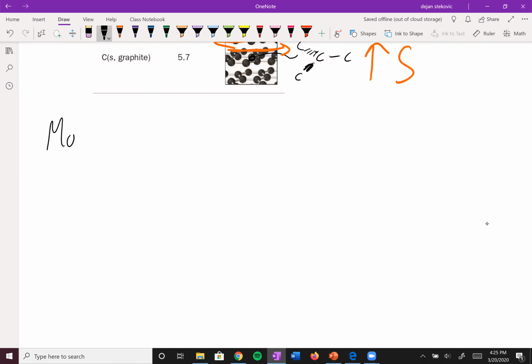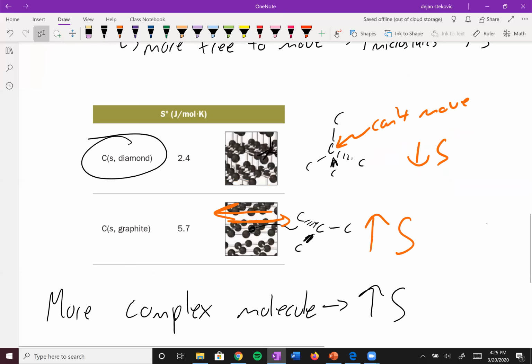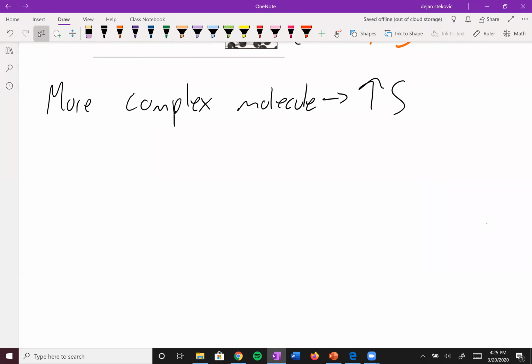The next trend is that generally the more complex the molecule, the more entropy you have. So this is the same thing with the allotropes. It's all about degrees of movement, ways you can organize things. So here's carbon monoxide, right? And so you can think about what movement this molecule can do. Well, it can float around like a gas, but it can also stretch this bond or shrink the bond, right? This bond can vibrate, so that's what it can do.